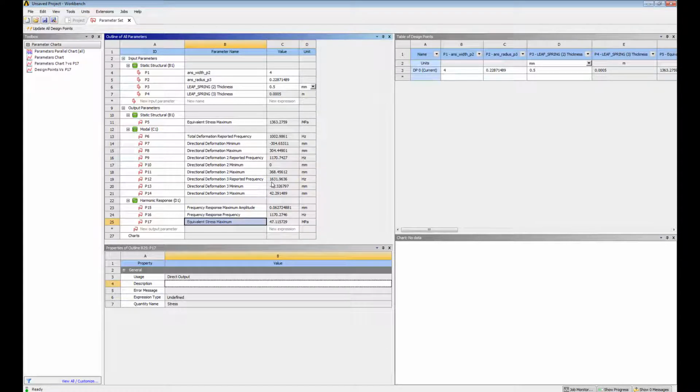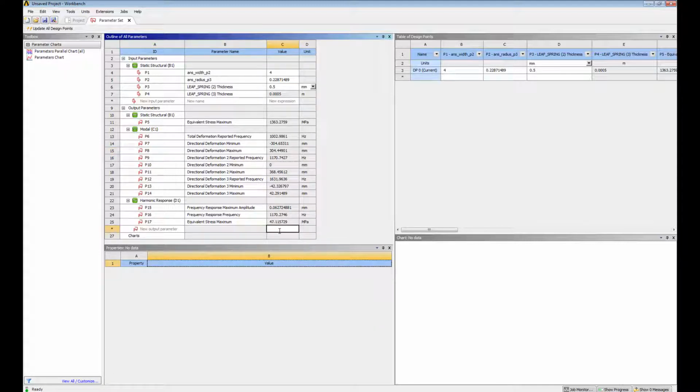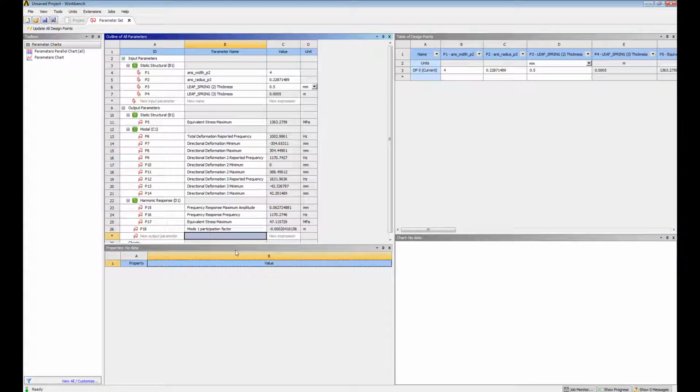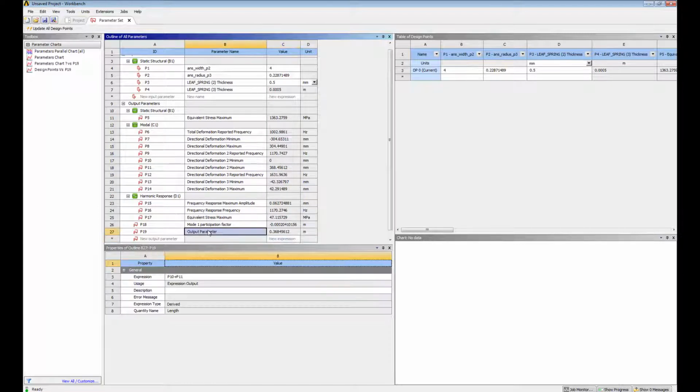We want to, in order to separate out the frequencies and understand which of the first 3 modes is moving in the x-axis, I'm going to add up the directional displacements. So we're going to create a new parameter. This will be P7 plus P8. And I'll call this my mode 1. Create a new one here for adding P10 and P11. This will be my mode 2